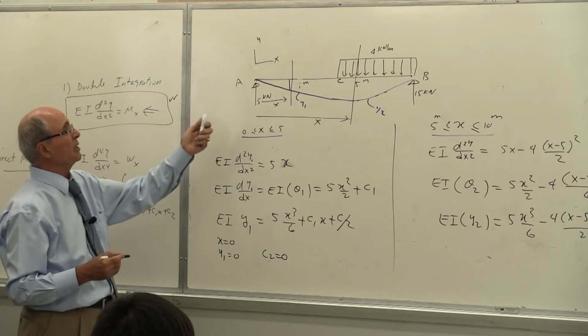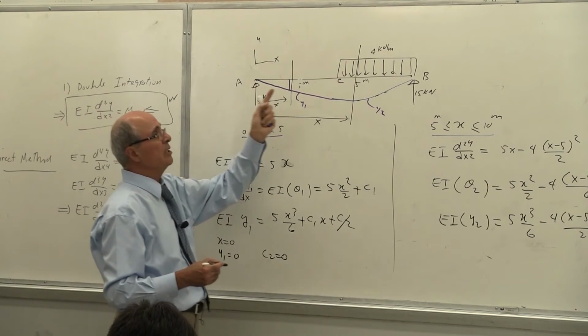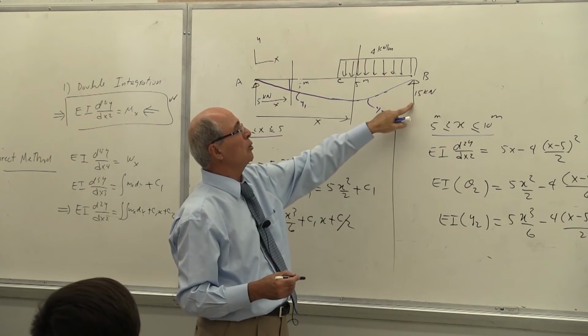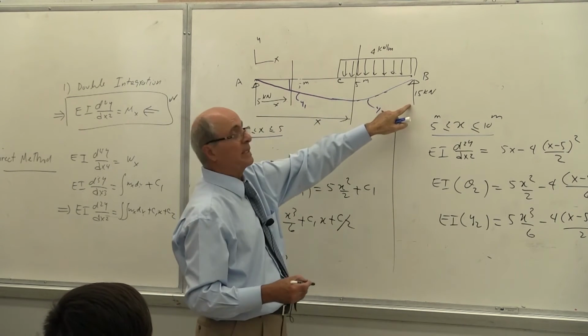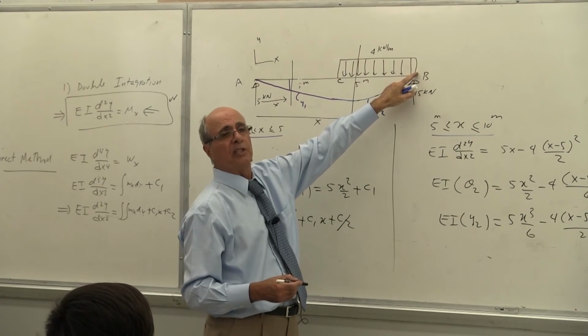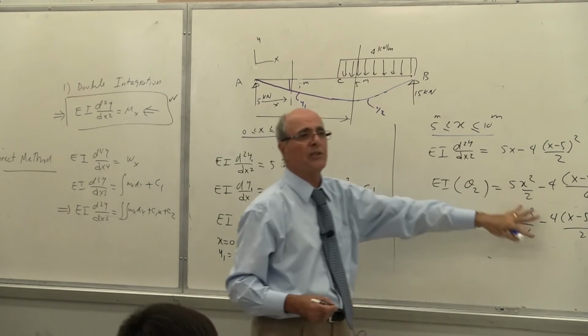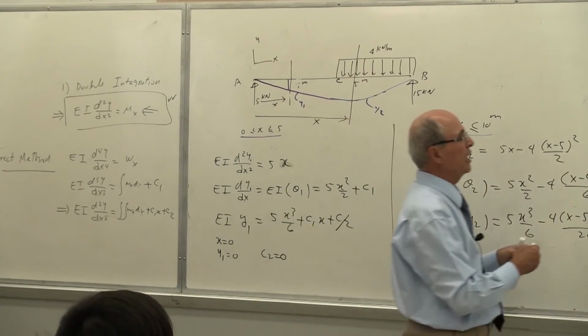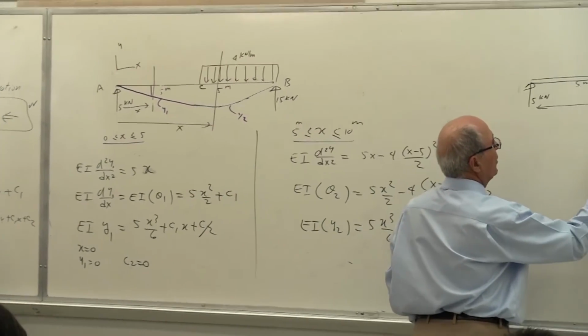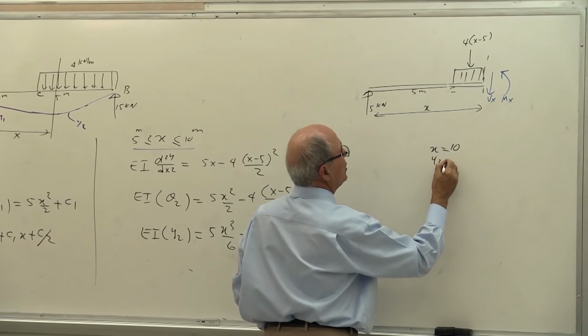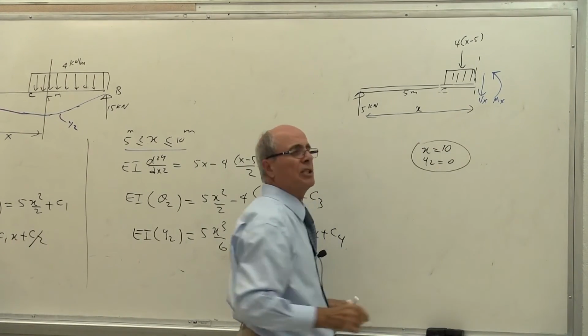Then what's the next one that you see right away? The one that you see right away, like before, is this one. Yes or no? At x equal to what? 10. Which y is equal? Is it the blue one or the purple one? Obviously, it is the blue one. It applies to this set, yes, not to the other set. So I write it here for the time being. I'm not using it, not yet. At x equal to 10, y2 equal to 0. Yes or no?